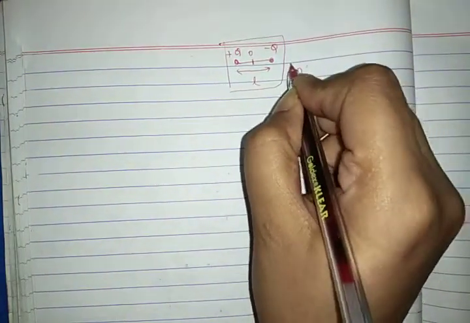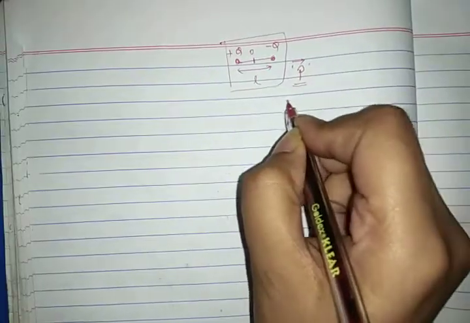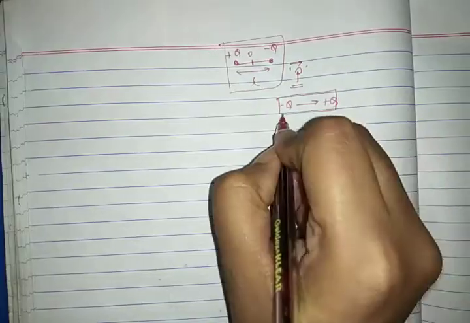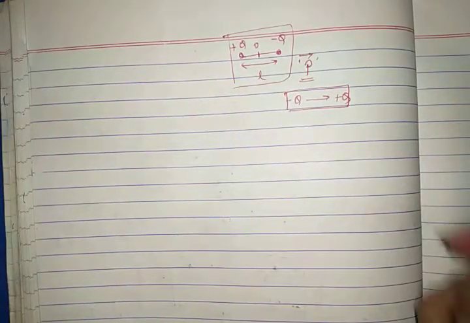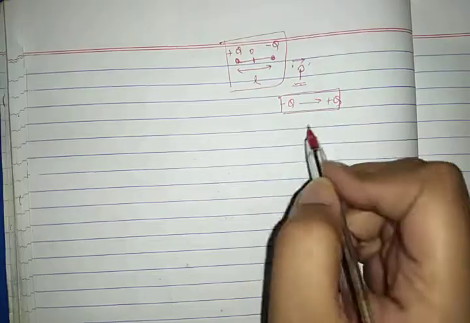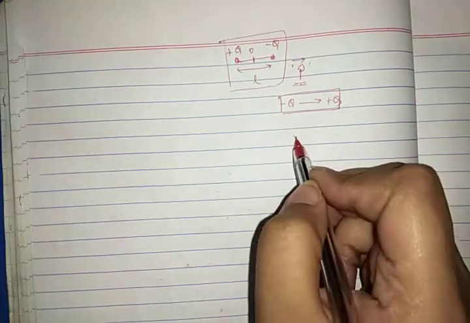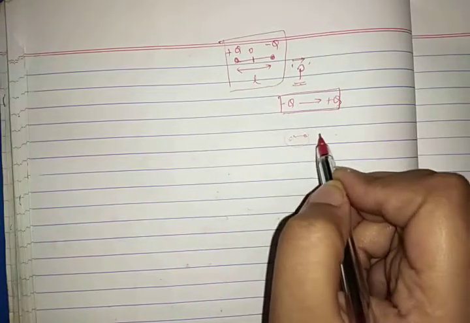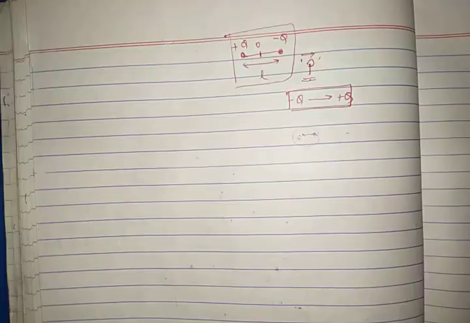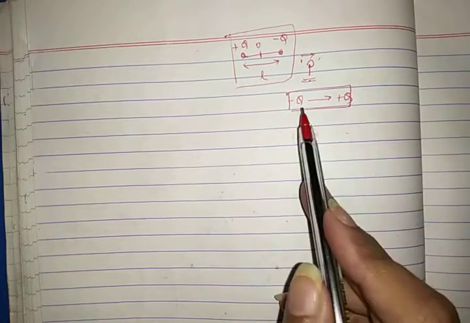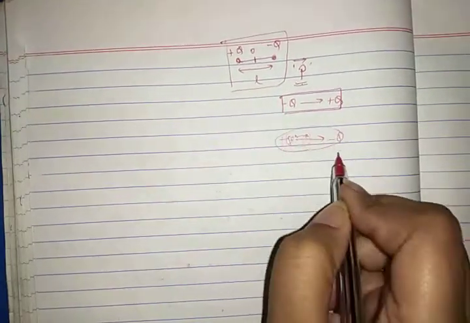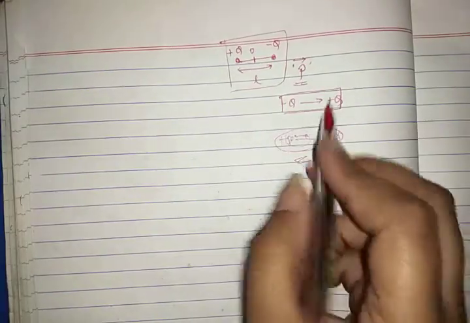This dipole moment is a vector quantity, and its direction is always from minus q to plus q charge. The reason I also gave you in the last lecture: the dipole moment is due to the external electric field that is applied. Because of this dipole arrangement is created, and as every effect opposes its cause, it opposes the electric field. The electric field direction is always from plus q charge to negative charge. That's why the dipole moment is in the opposite direction of the electric field, that means from minus q to plus q.